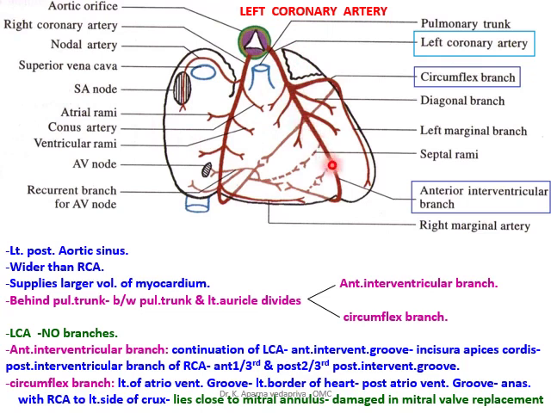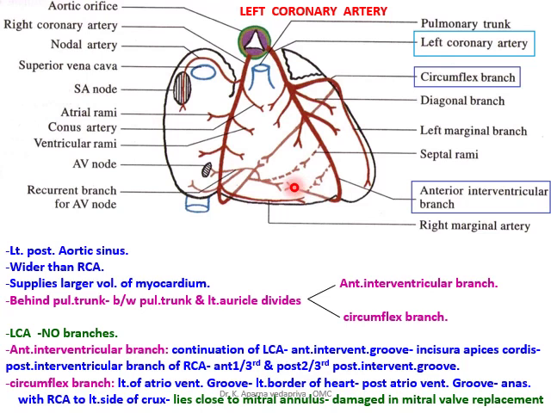This anterior interventricular artery is the continuation of the left coronary artery, descends down and towards the left within the anterior interventricular groove, and this winds round the inferior border of the heart at the incisura cordis, which is a notch nearer to the apex, that is the incisura apicis cordis. At that area, it winds round the inferior border